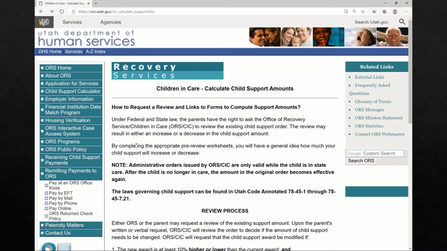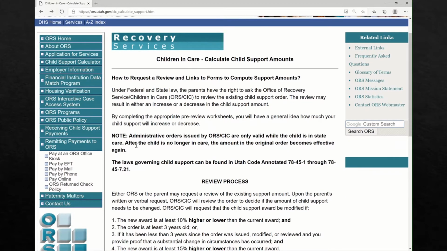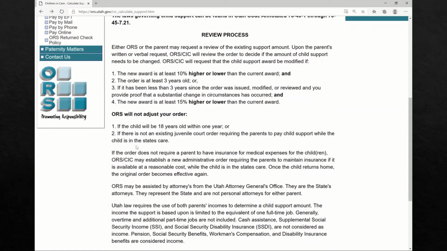child support. This page is hosted by the Utah government, and they have a review process here. The review process basically says that either ORS or the parent may request a review of existing support amount. And they have some rules here that they say that if you're asking for a change in the existing support amount, then they will consider it only if the new award is at least 10% higher or lower and the order is at least 3 years old, or if it is not yet 3 years old,